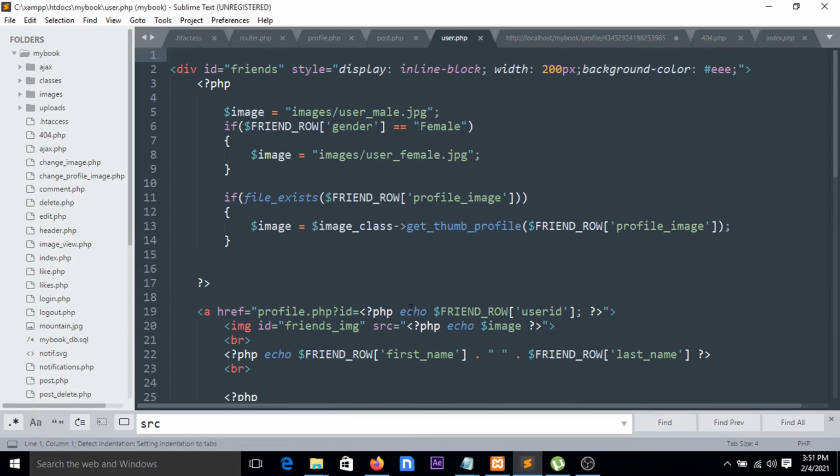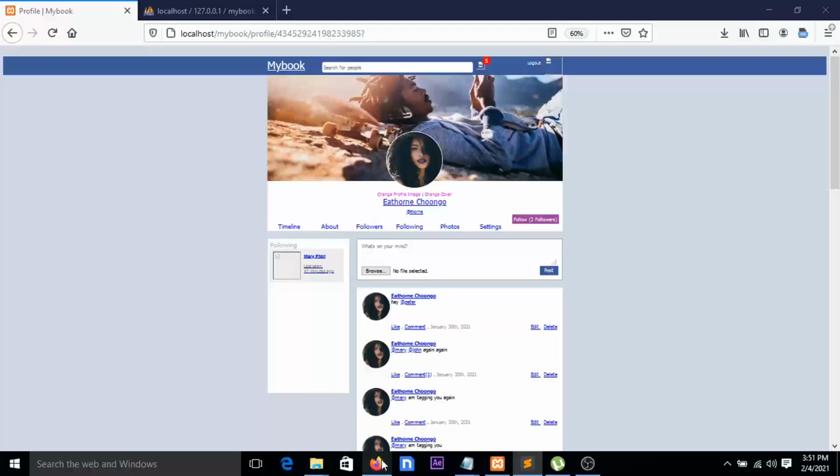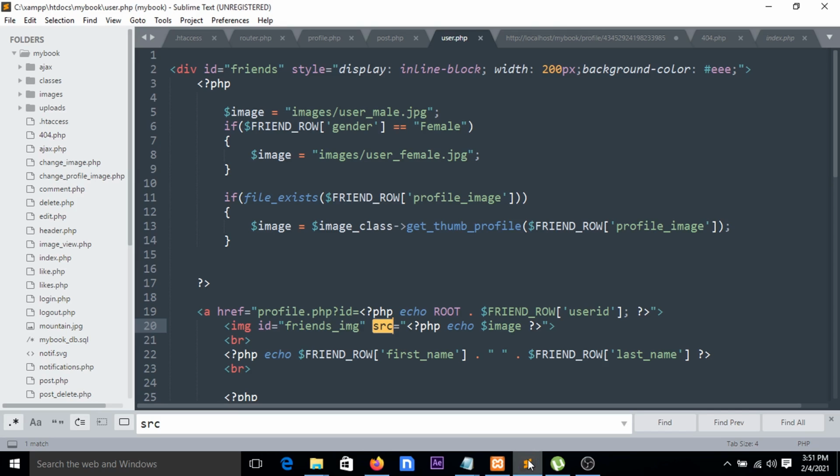Okay, so same thing here, echo friend root. Let's go find another source. It's the only source. Who knew? And it definitely didn't work. So why is that? Oh, that's because we put this on the